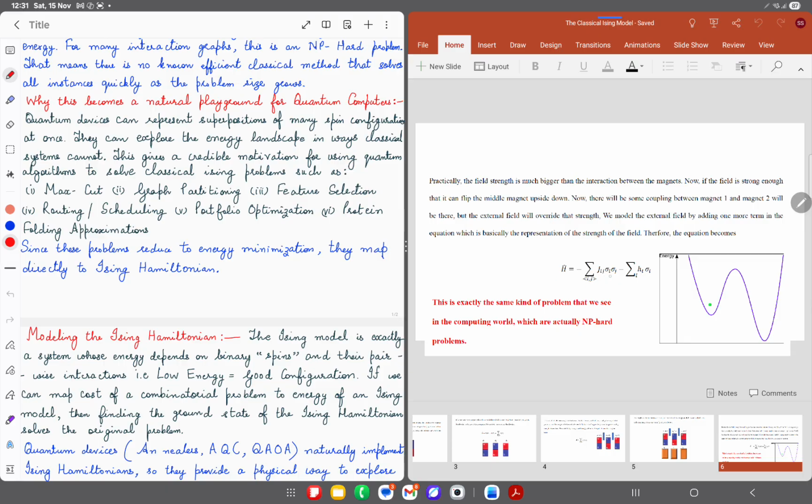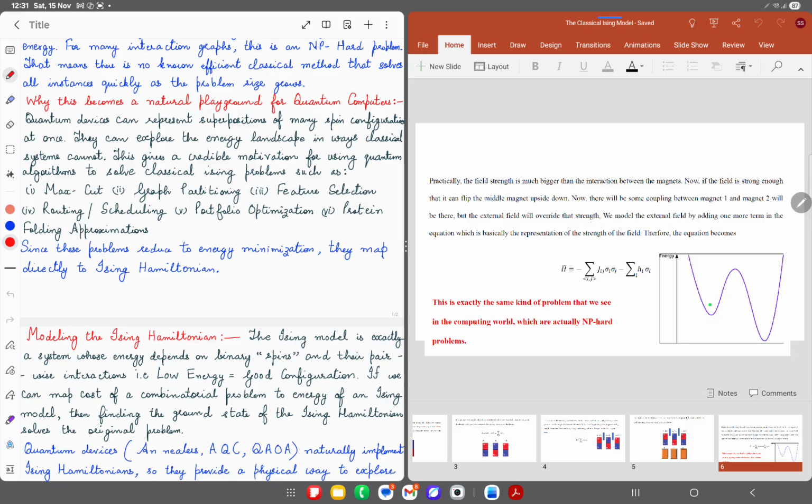When sigma i and sigma j have the same spin and Jij is also positive, the negative sign will make the energy minimum. You need to understand that the negative sign is there so that the convention that the system settles to the minimum energy state is maintained. That's the only purpose of putting this negative sign,